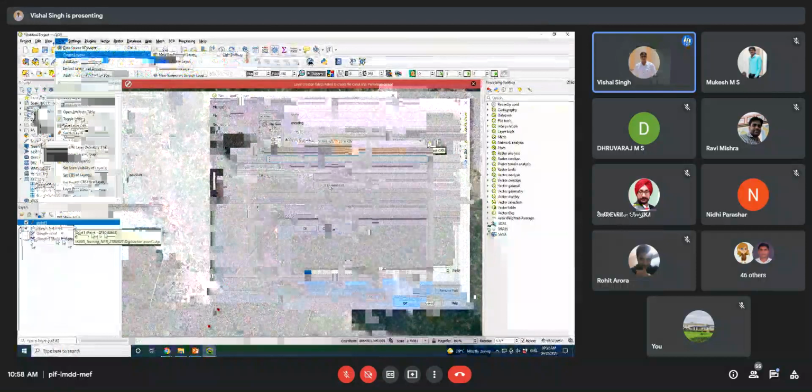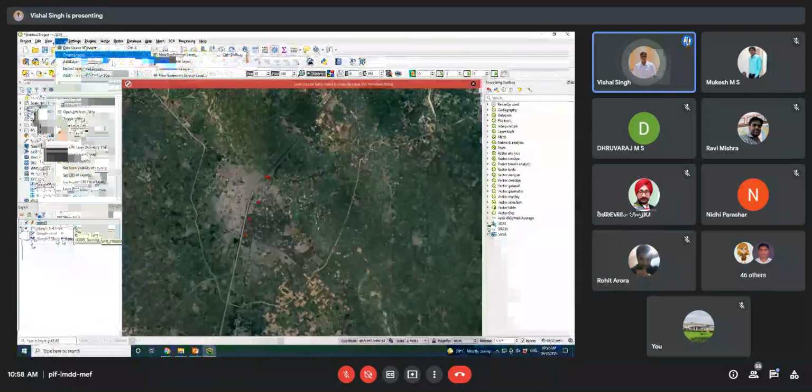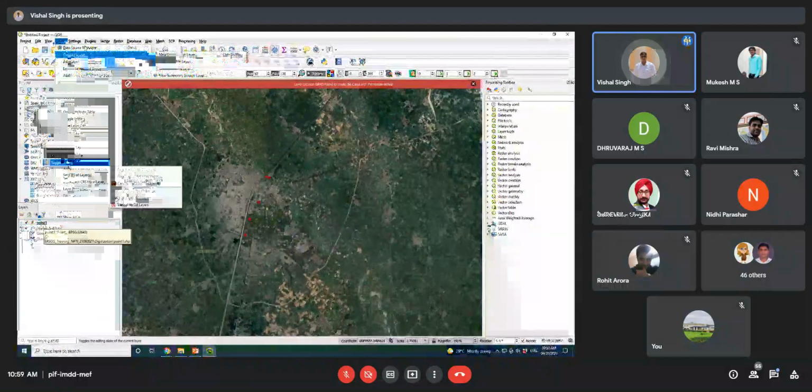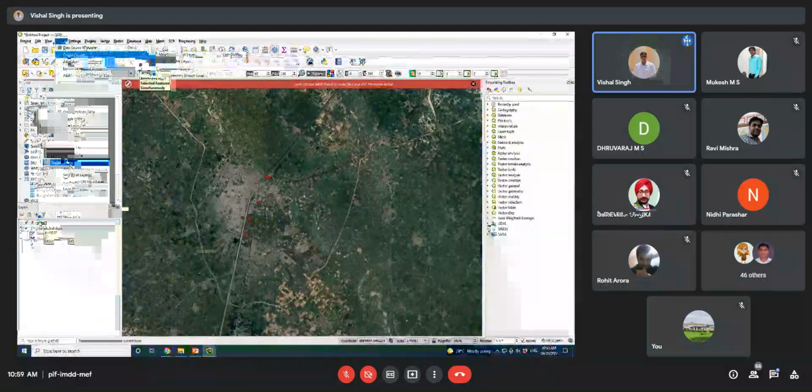Actually, first, whatever information I have generated here, I need to save it, because if I do not save this information and suppose I close this one, whatever information you have generated will be lost. So first I need to save this information like this. I need to save here. Then this option is coming for the save, and after that I will go to the properties, and I will need to toggle editing off. Okay. Now this information has been fixed to this particular layer. All the attribute information has been saved in this layer.